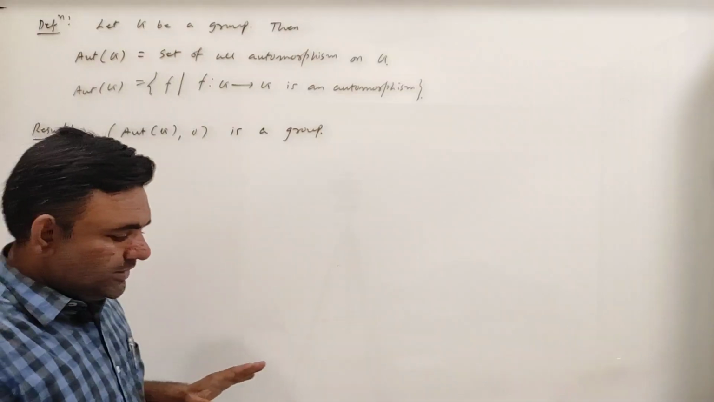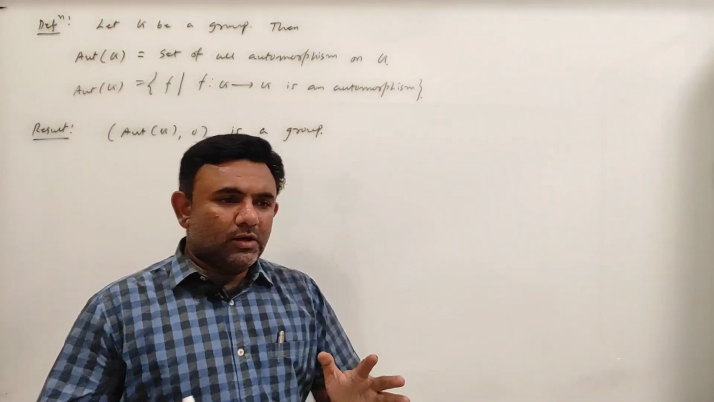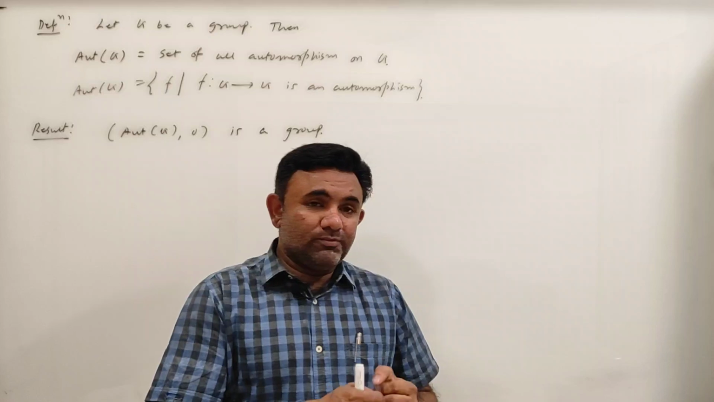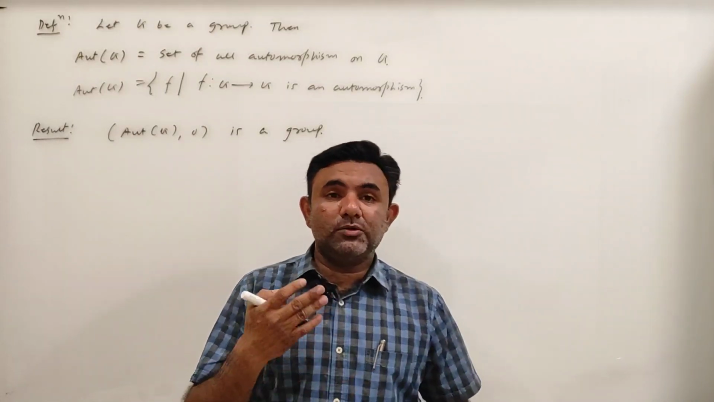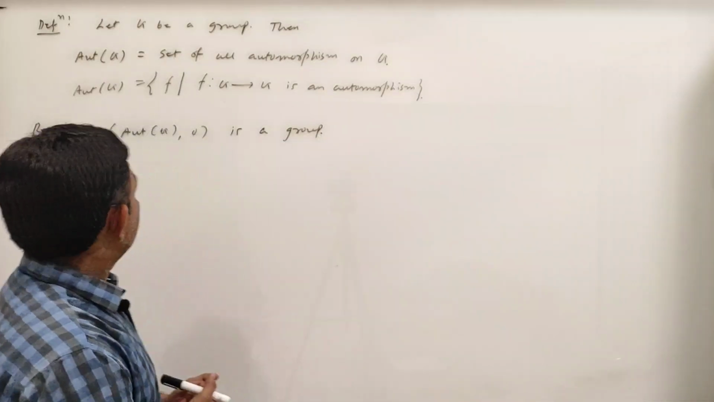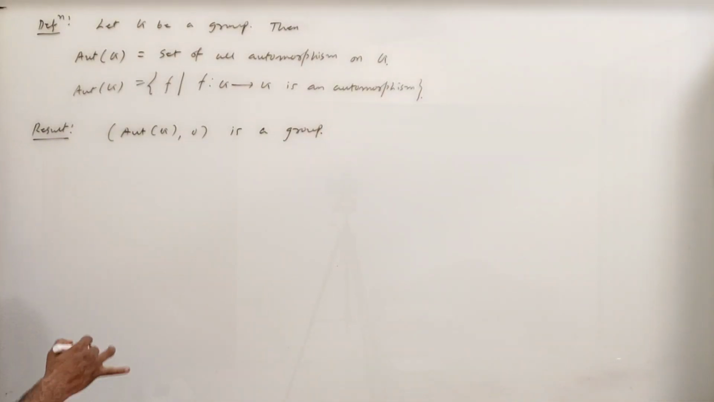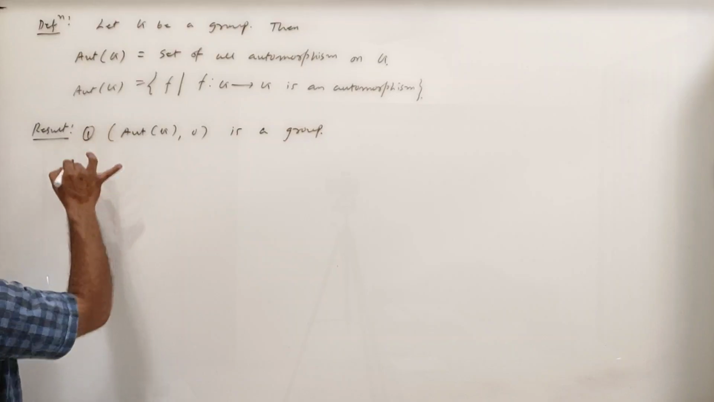The automorphisms of G, that is AutG, you collect all the automorphisms from G to G, then it forms a group with respect to the composition of functions. Now this is the first result. Second one,